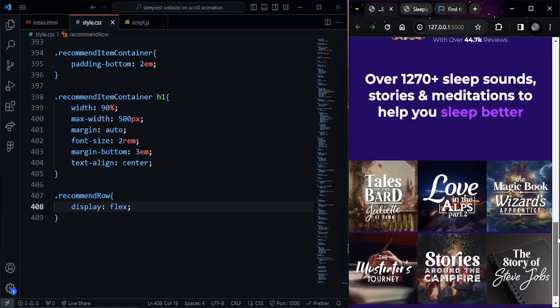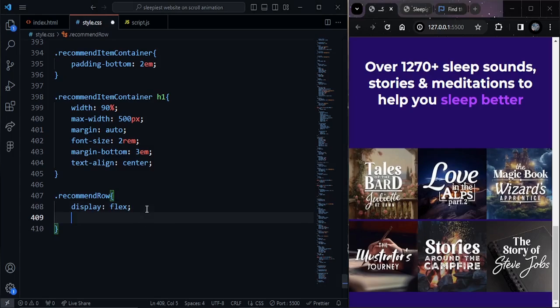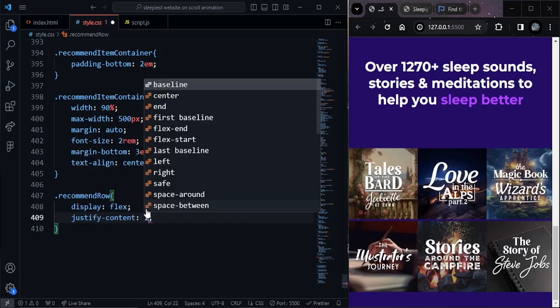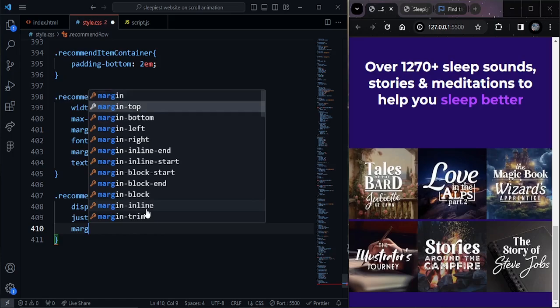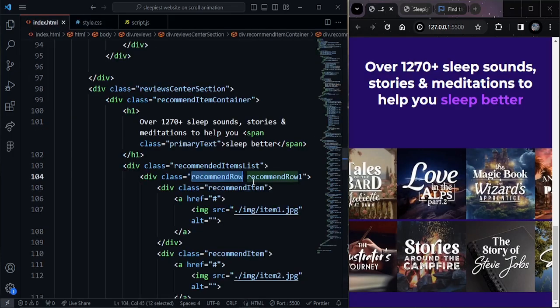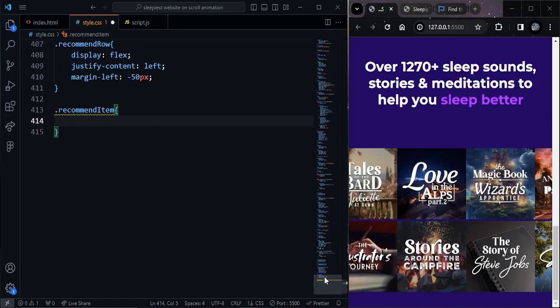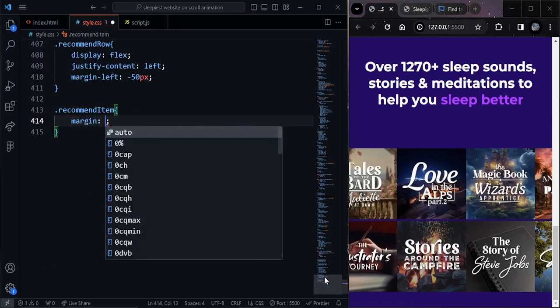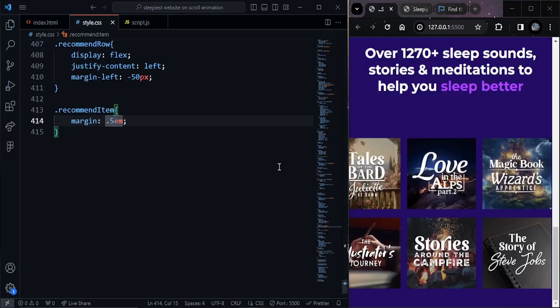Now those items are stacked horizontally, and again justify content to left, and the margin left 15 pixel, and add some style for this recommend item. The recommend item means each item over here. Recommend item margin 1.5 em, sorry, 0.5 em between each item, and